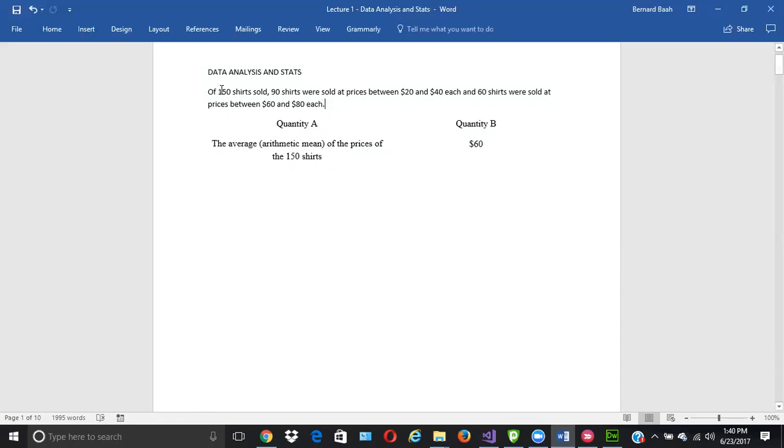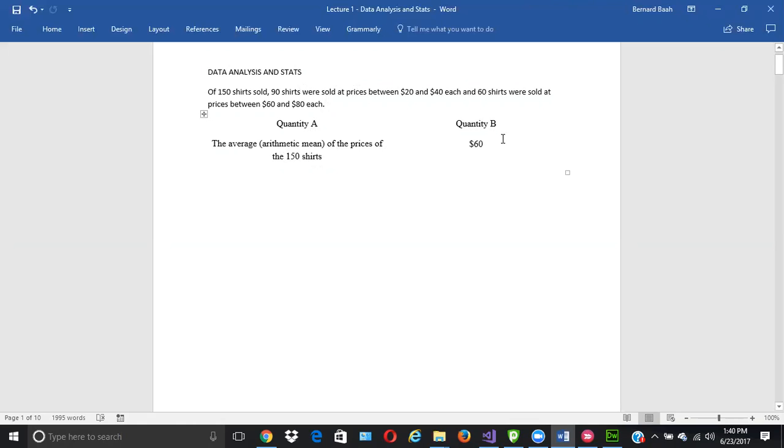And so here's the question: of 150 shirts sold, 90 shirts were sold at prices between $20 and $40 each, and 60 shirts were sold at prices between $60 and $80 each. Okay, so there are two groups, and they want you to compare the average of the prices of the 150